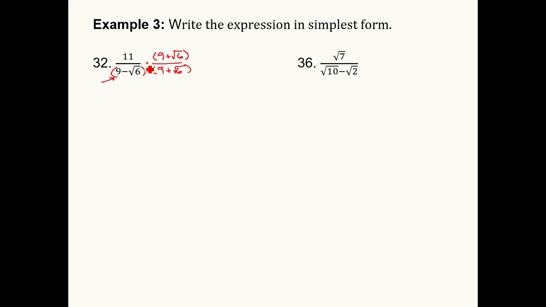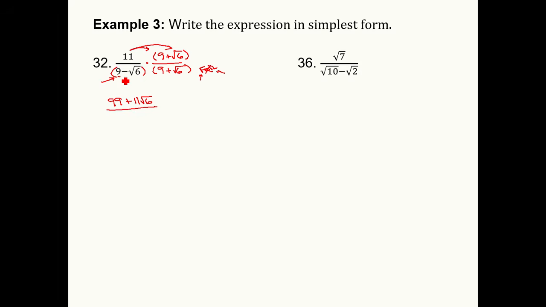In the numerator, when I multiply across the top to multiply these two fractions together, I need to distribute. So I have 99 plus 11 root 6. And in the denominator, I have two what look like binomials. I would need to FOIL those together. But here's the beauty of why we chose conjugates. Since it is like a difference of squares that have been factored out that we are going to multiply back together, the O and the I, the outside and inside in FOIL, don't matter. It's just first times first, last times last.